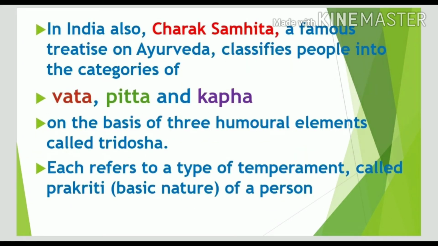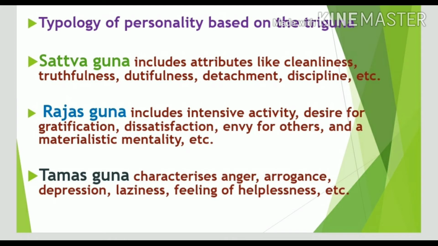In India also, Charak Samhita, a famous treatise on Ayurveda, classifies people on the basis of three doshas and three gunas. So if we talk about three doshas, here people are classified into 3 types on the basis of 3 humoral elements, that is Vat, Pith and Kaph. So Vat is basically the binding energy, Pith is the energy of transformation, and Kaph is the energy of movement. And each type of temperament is called Prakriti, that is basic nature of a person. Apart from 3 doshas,